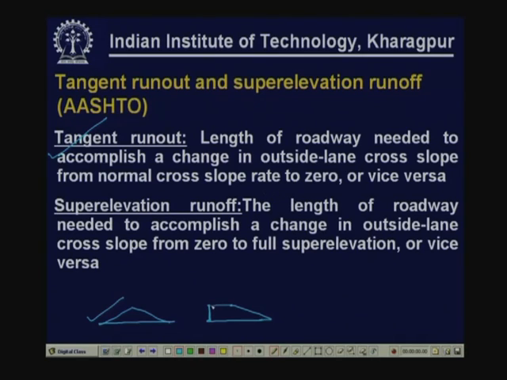This is the cross slope where the outer edge is flat, so the slope is 0. The length over which this is done is known as the tangent runout. Now, further rotation is done to make it uniform,